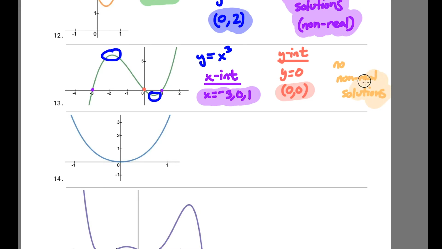Because if it's cubic, there should be 3 solutions, and there's 1, 2, 3 here, and since they're all accounted for, there are no other non-real solutions. Now, again, this is minimally; this could technically be x to the 6th or x to the 9th or something like that as well, where there would be non-real solutions, but I'm assuming the minimum for this, so I'm going to assume minimally this is cubic, and because there's 3 real solutions, there cannot be any other non-real solutions because,